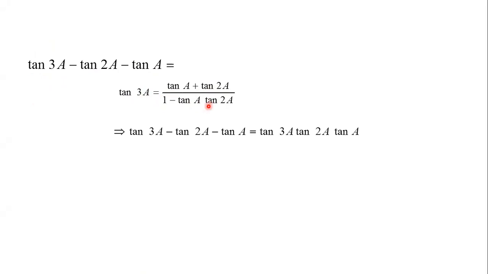A into tan 2A. So if we take the cross multiplication, this term onto this side, so 1 into tan 3A minus tan 3A into this tan A tan 2A. So minus tan A, tan 2A और tan 3A को राइट हैंड साइड में भेज देंगे, और ये दोनों टर्म को राइट हैंड साइड से लेफ्ट हैंड साइड लेकर आ जाएंगे. So this is tan 3A into 1, tan 3A, and tan 3A into tan A into tan 2A on the right hand side will be positive tan 3A tan 2A tan A, and this tan A plus tan 2A will be on the left hand side. So this is minus tan 2A minus tan A. So the value of this tan 3A minus tan 2A minus tan A will be tan 3A tan 2A tan A.